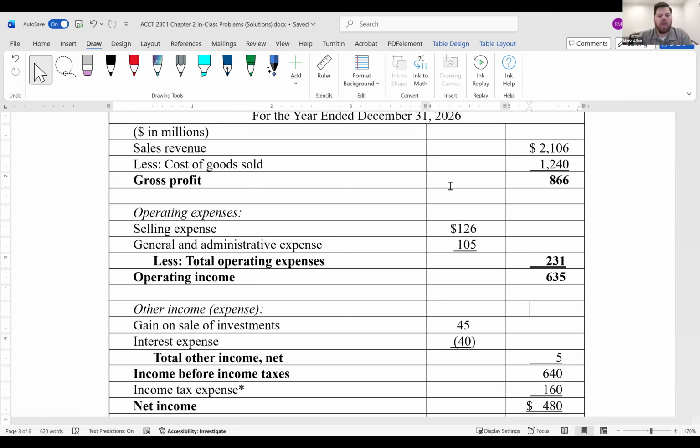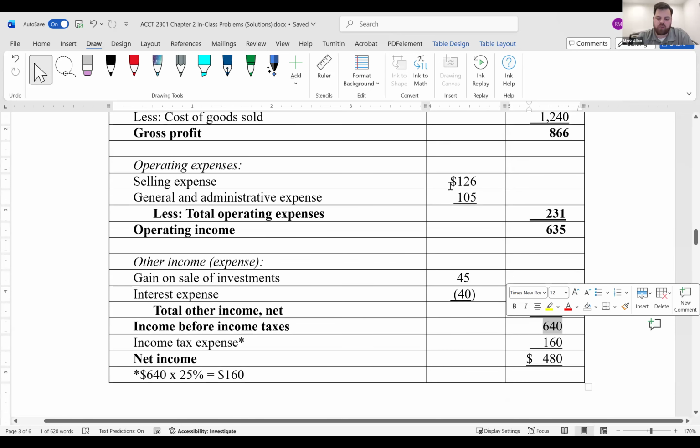That goes in. And then we paid some interest, or we incurred at least some interest, in the amount of $40. So 45 minus 40 will indeed be 5. And so now we have additional income of $5. This gives us income before taxes, as we expected, of $640. And then we find, of course, the income tax expense is the same 160 as before,